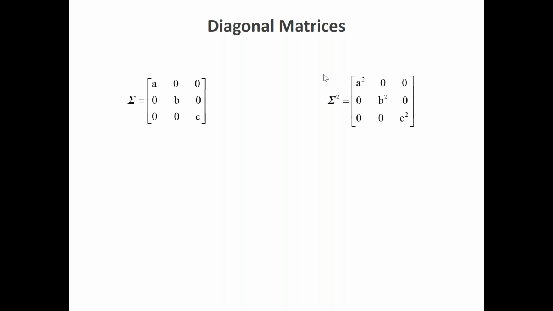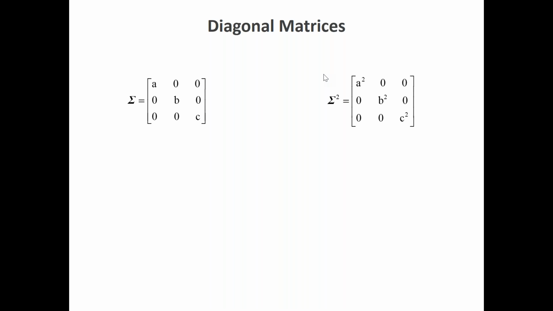And diagonal matrices are very nice because it's very simple to compute any kind of function of them. For example, if you want to take the square of a matrix, if it is diagonal, it suffices to take the square of all the elements that are on the diagonal. So now we are back basically to regular algebra, but we do it element by element. This is true only for diagonal matrices, not for regular matrices. So that's why diagonal matrices are very handy.